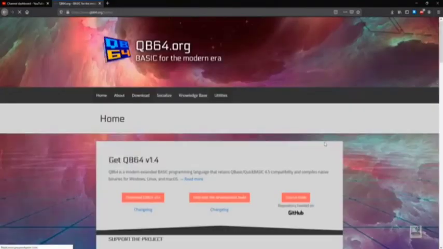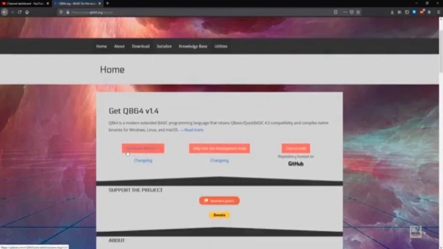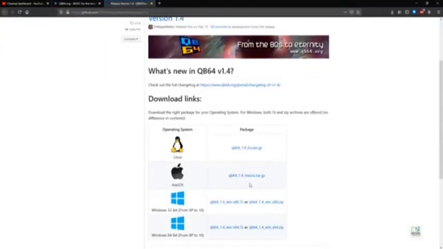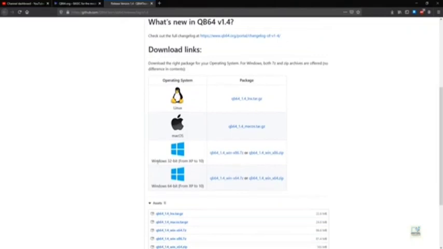In this website you have to select this, download qb64 version 1.4. This page will open. As per your operating system you can download. If it is Windows 32-bit or 64-bit, just click on the link and then it will download. I have already downloaded. Then open the zip folder, and inside of that you will get a file which you need to use for your QBasic programming.